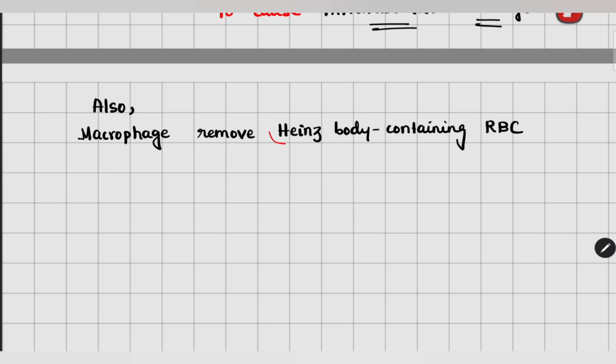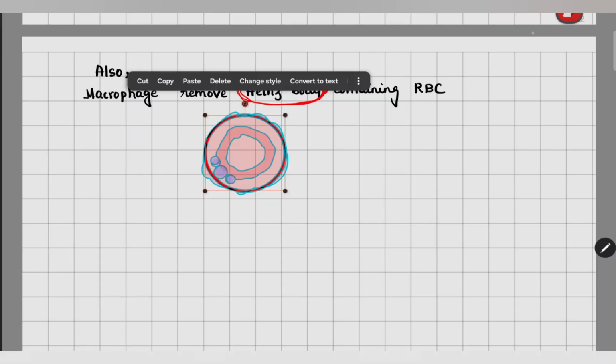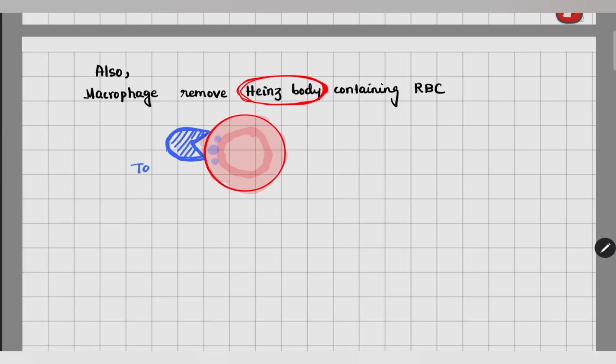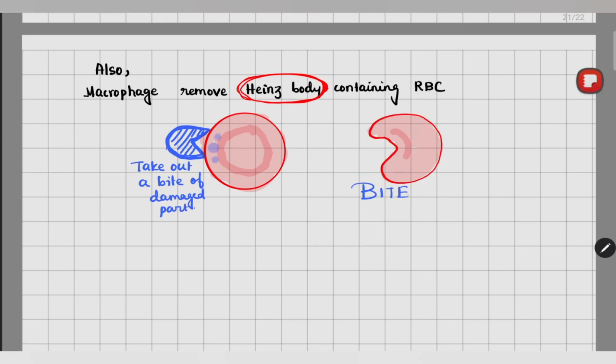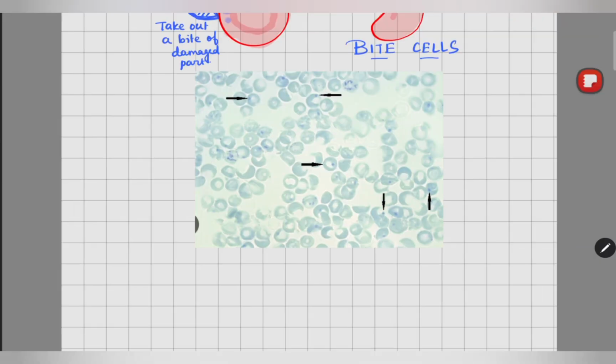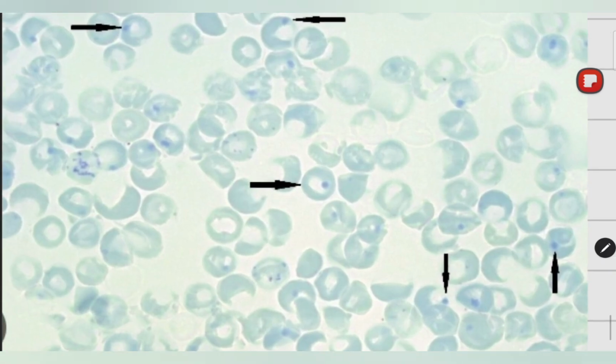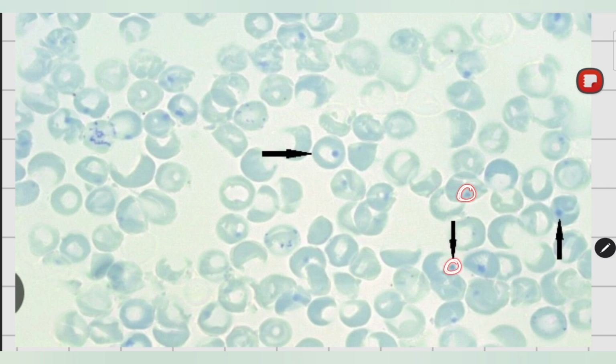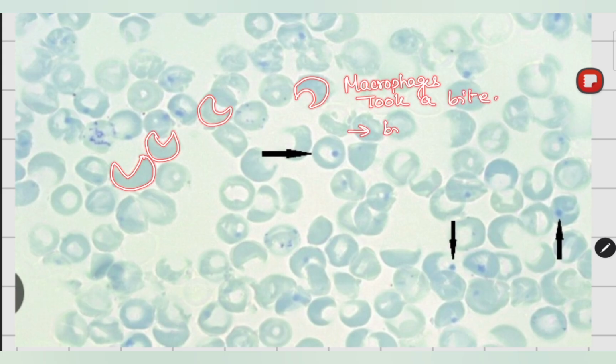Also, when this RBC passes through the liver or spleen, macrophages remove the Heinz body containing RBC. What does it do? It takes out a bite of the damaged area only and forms a cell which has a half-bitten area. These are known as bite cells. Now let's look at the microscopic picture of anemia due to G6PD deficiency. Can you locate the precipitates in the cell? The blue ones? Yes, these are the Heinz bodies. You can also locate the half-chewed cells, and these are the bite cells where the macrophages have taken a bite